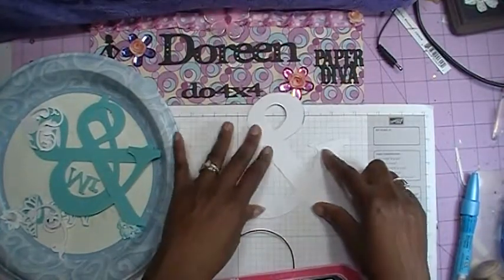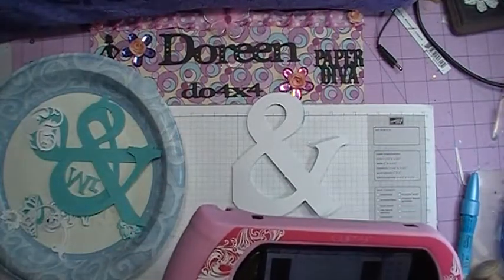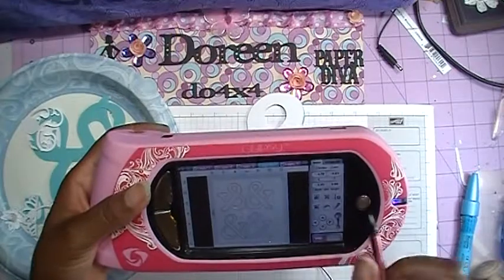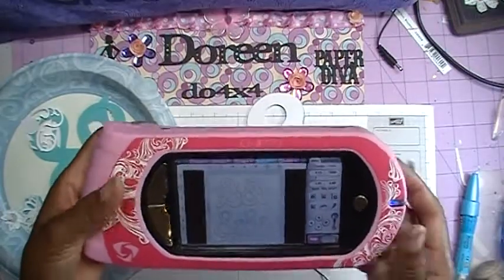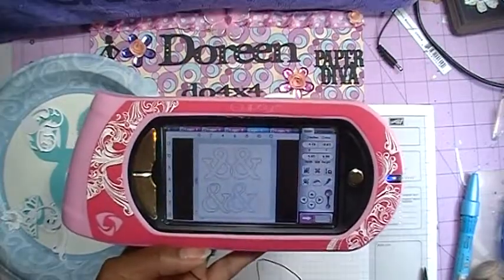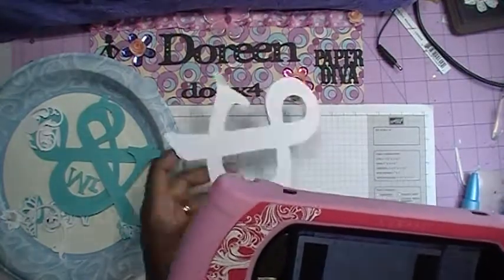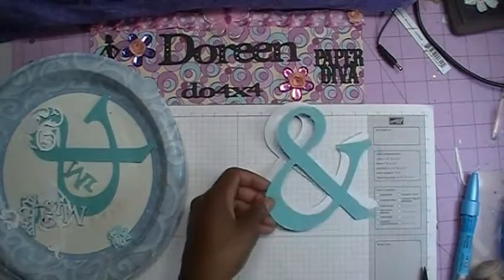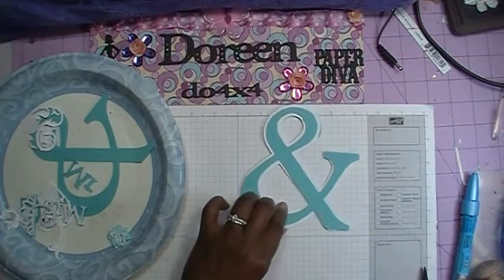So then, the other thing that I've done is I've also gone ahead and once again, I hit key number 7 at 6 inches. So you'll put your height at 6 inches and don't worry about taking your aspect ratio off or using the real dial size because we're not doing that on this particular one. And I just placed 2 more of them on my mat, and those were going to be my layers because I wasn't sure if I was going to layer the top and layer the bottom. So I did cut out 2 of them, but actually I'm just going to layer the top layer,